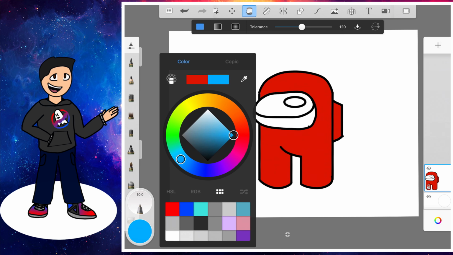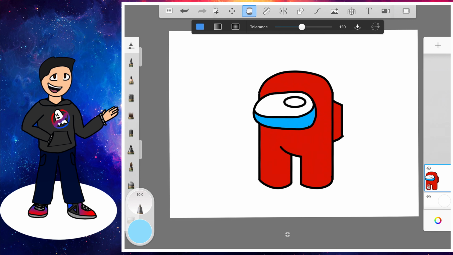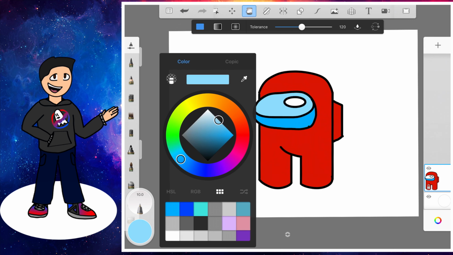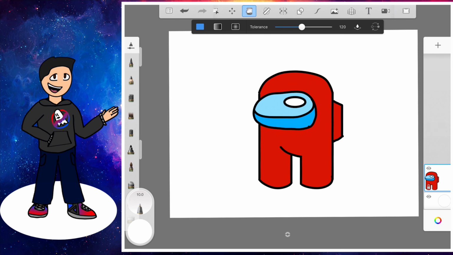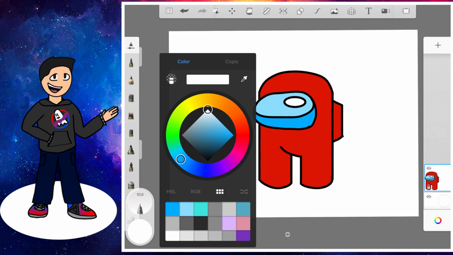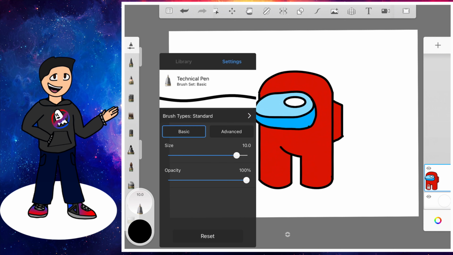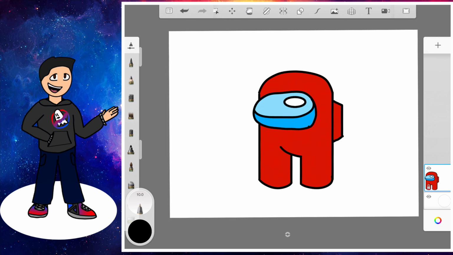So now for the visor, I'm taking this blue. For the second part of the visor, make it a little bit lighter. I'm just going to save this color. Make it a little lighter and save this color as well. And for the inner bubble, just color it white, or you can just leave it like that. I'm just doing this so that if I make it a PNG image, then it shouldn't affect the tiny bubble in the image.